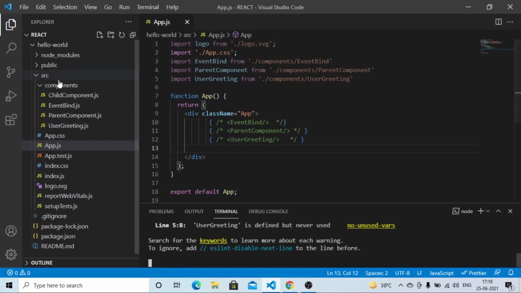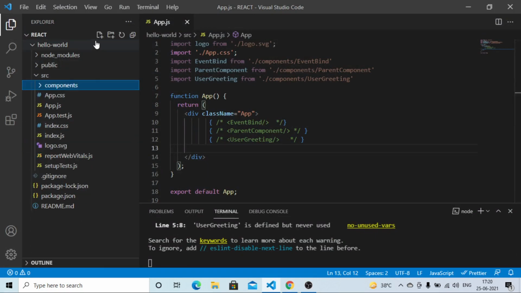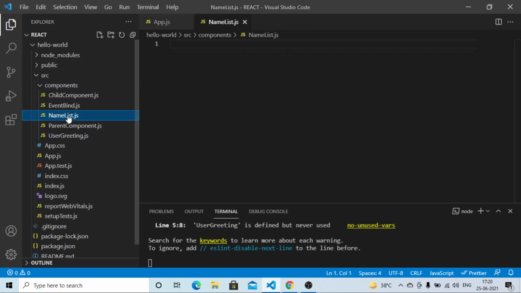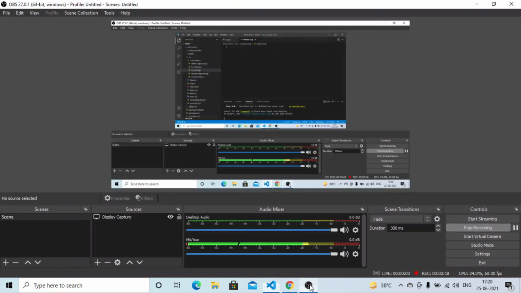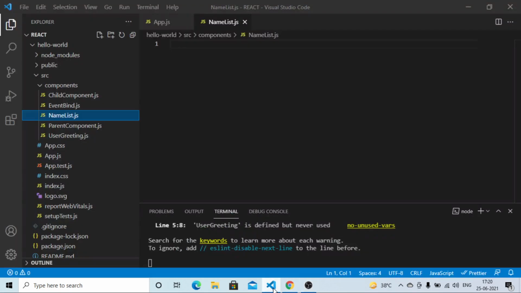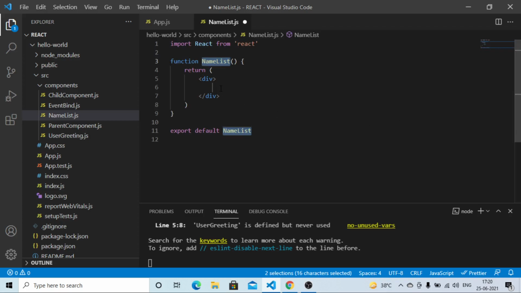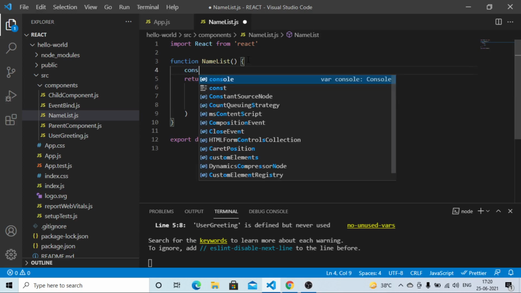I am going to create a new file in the components folder called namelist.js. This namelist.js file is going to be a functional component, and I am going to use the React snippet RFCE to create the functional component.